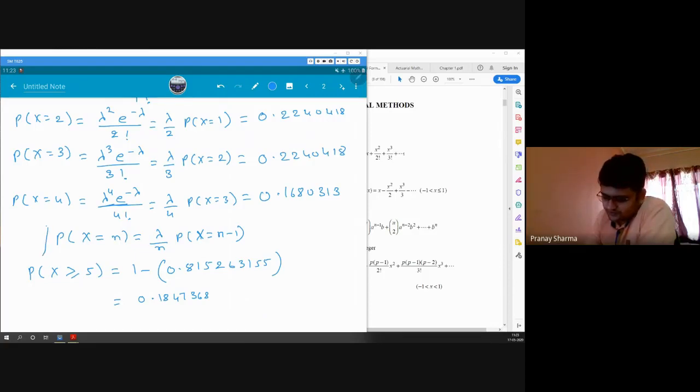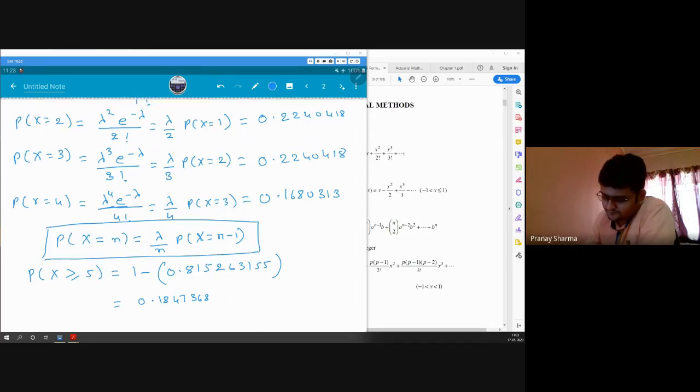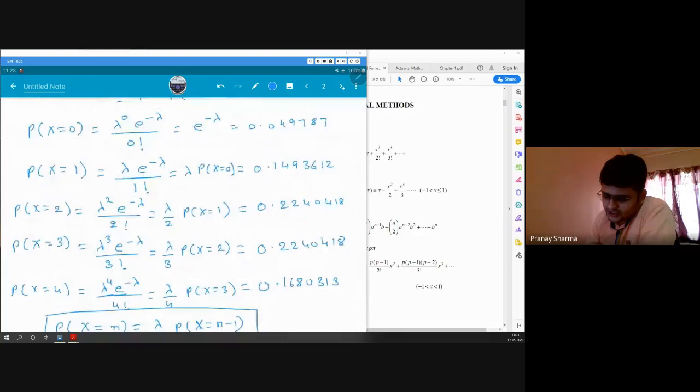So this is important for Poisson distribution. Now using this, you can also find your mode. You can definitely find the median, and you can also find the mode. Median would be what? You will be finding the cumulative probabilities. So you will add these two, and then you will add this.